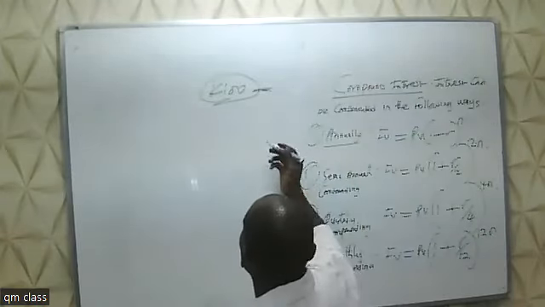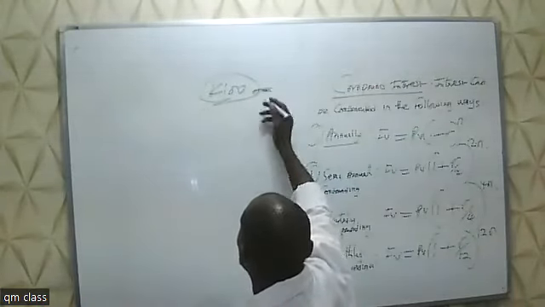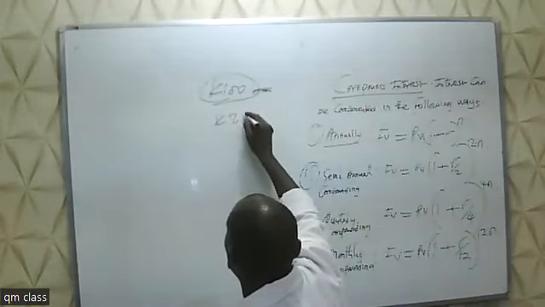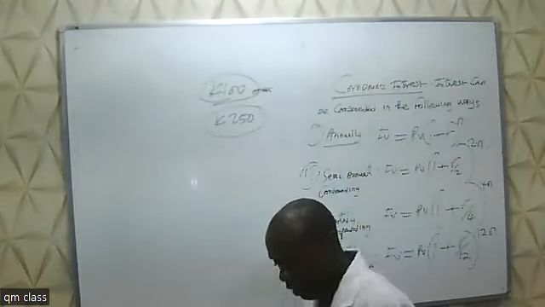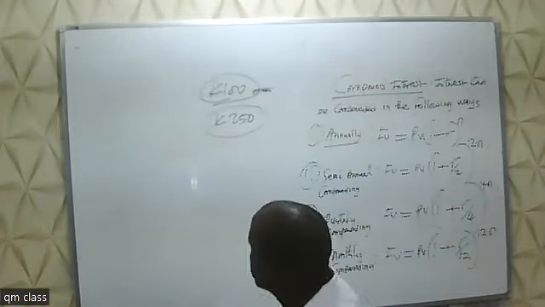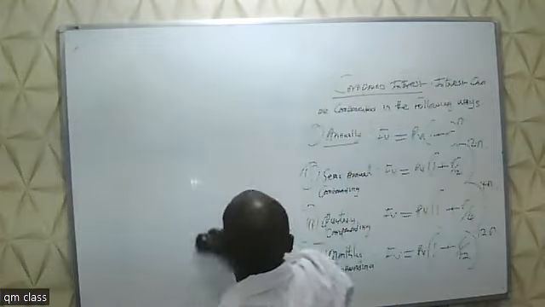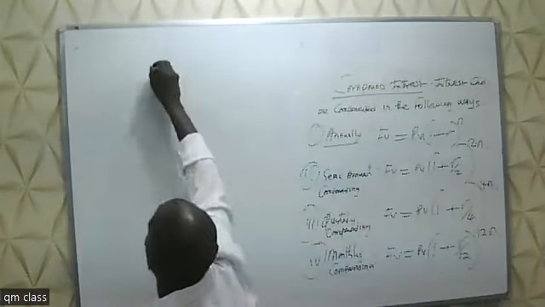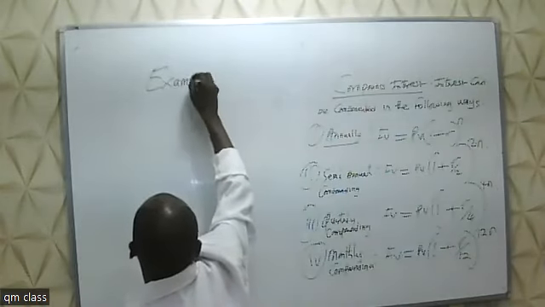Maybe you can get a pair of trousers at this time at 100 kwacha, but 2 years from now, you'll find the same trousers at 250 kwacha. It may be 100 kwacha now, but after 2 years, it may go up because of inflation. An example here. Okay, so we can look at an example.